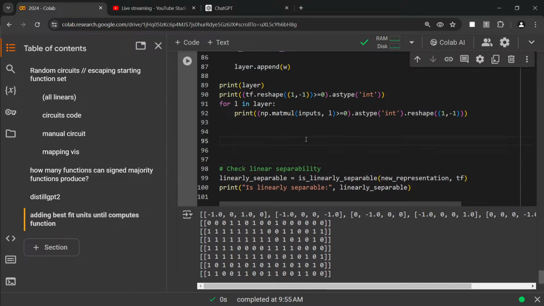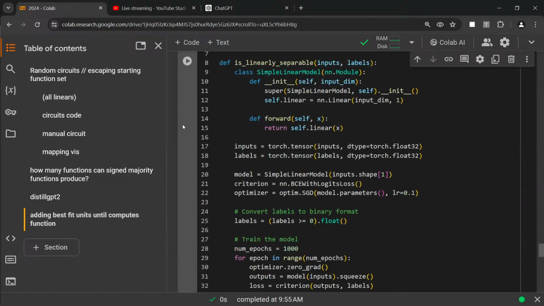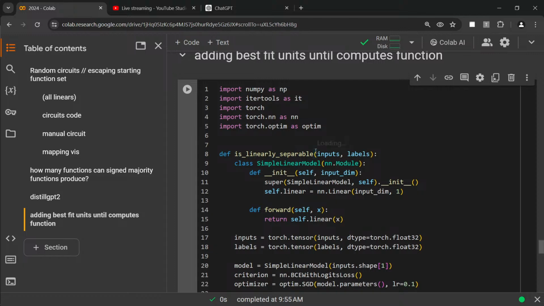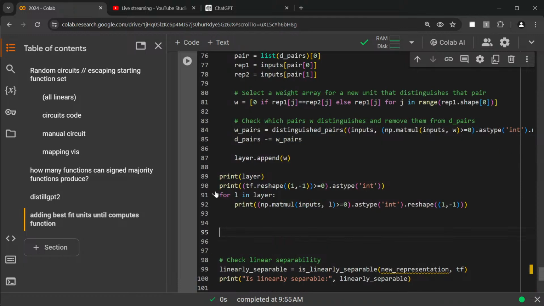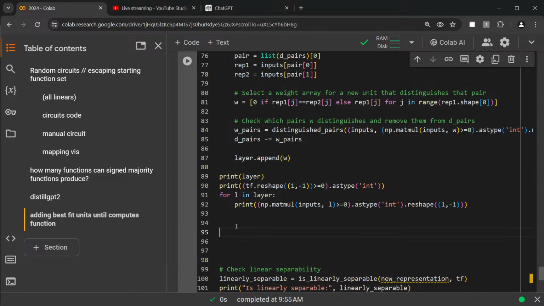Right, so new representation. How does it treat inputs? Okay. So we need to do new representation from the new layer. Yeah. Okay. So new inputs plus